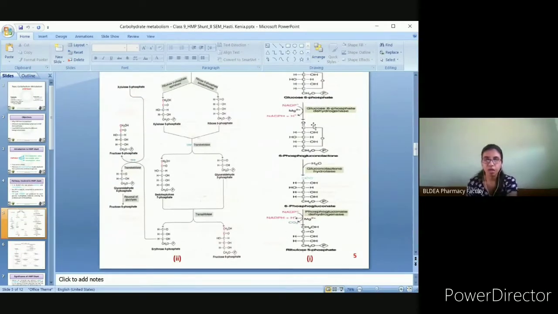Now coming to the pathway. Now you can see on the right hand side, this is the first initial steps, and on the left hand side, that is the secondary steps taken. Okay, so now coming towards this glucose 6-phosphate that is obtained when glucose undergoes conversion to glucose 6-phosphate, in presence of which enzyme? Which is the enzyme that is responsible for conversion of glucose to glucose 6-phosphate? Yes? Hexokinase, very good. Also known as glucokinase. Very good. Hexokinase or glucokinase.